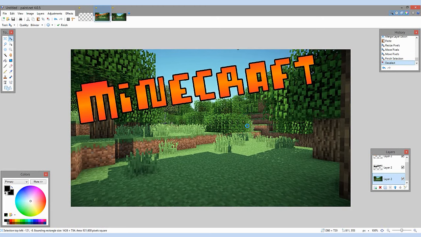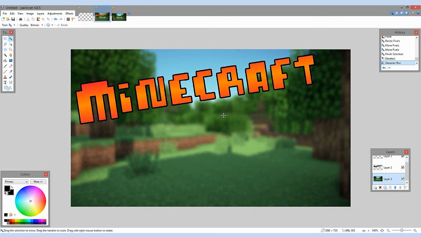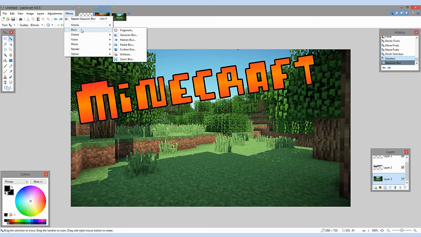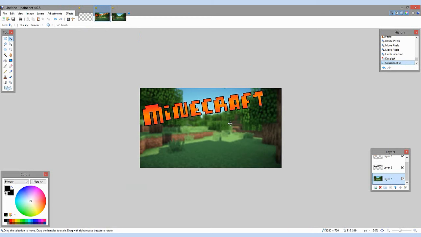Make sure it fits perfectly, and now you have it here, but you see it kind of overrides the text. So I would recommend giving it a nice little blur. Go to Effects, Gaussian Blur again. And I generally give it a 15 blur. You can give it less if you want. Hold Control Z to undo what you did, by the way. And then once you give it the blur you want,